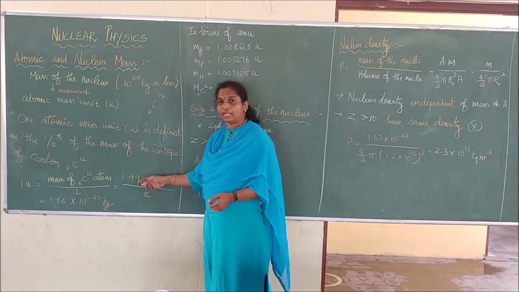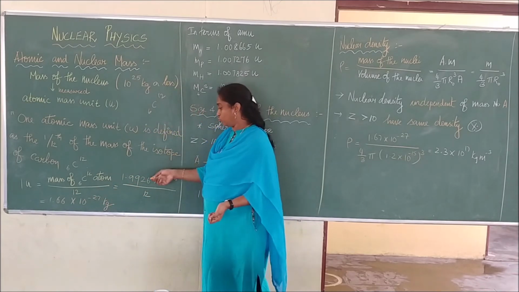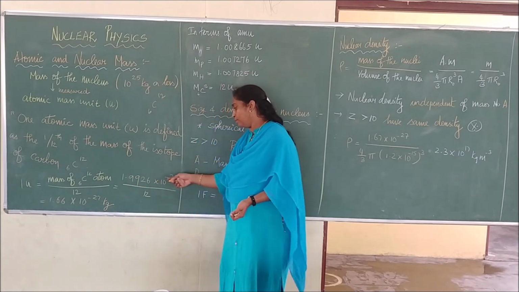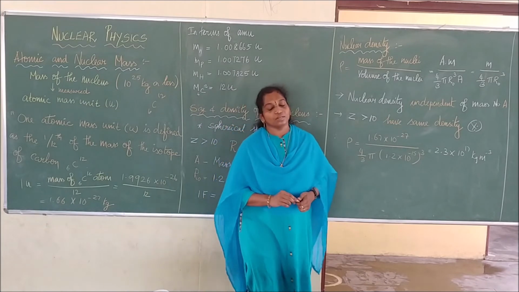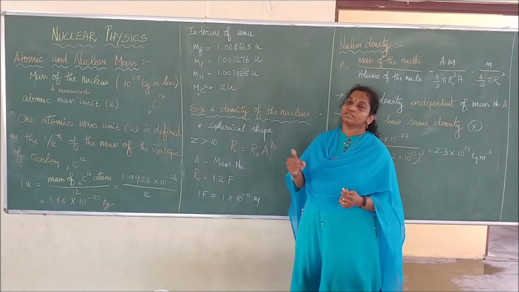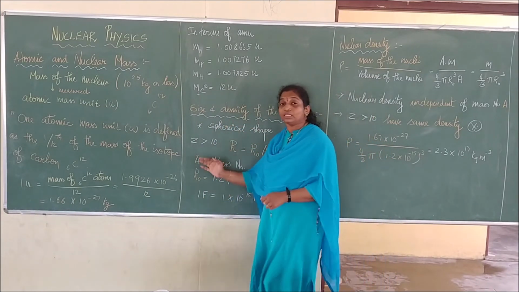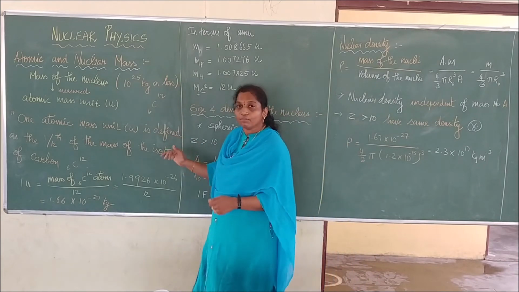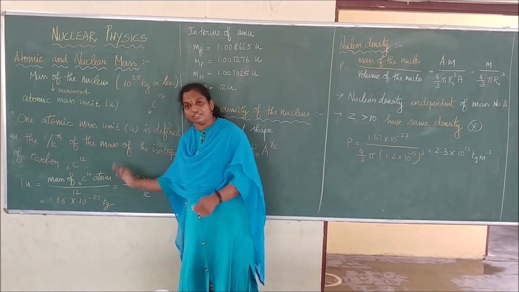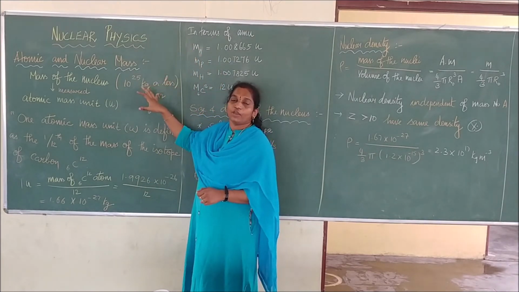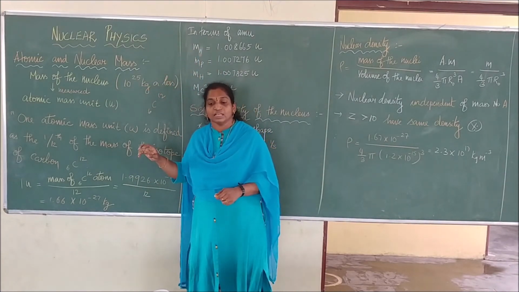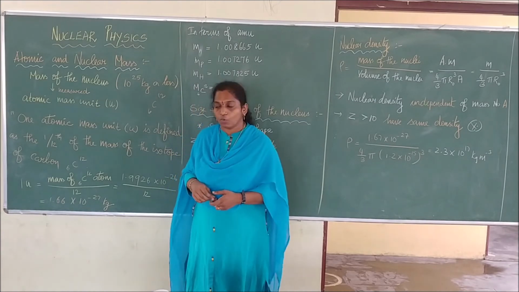The mass of the carbon atom is measured using an instrument: 1.99 into 10 power minus 26 kg, divided by 12, equal to 1.66 into 10 power minus 27 kg. So that is a practical unit in which the mass of an atom or a nucleus is measured. Since the mass of a real nucleus in kilograms takes very small values, we express it in terms of